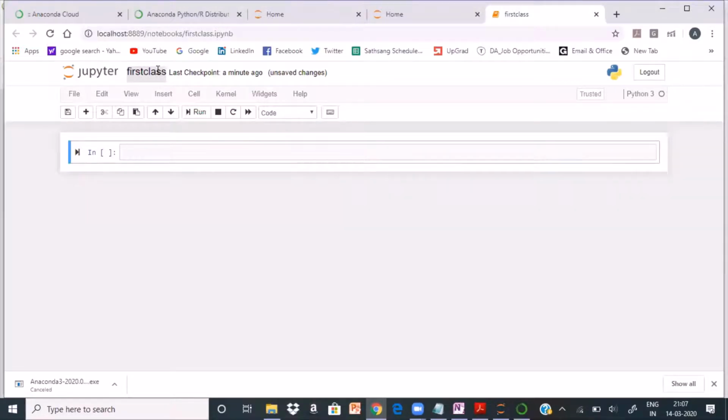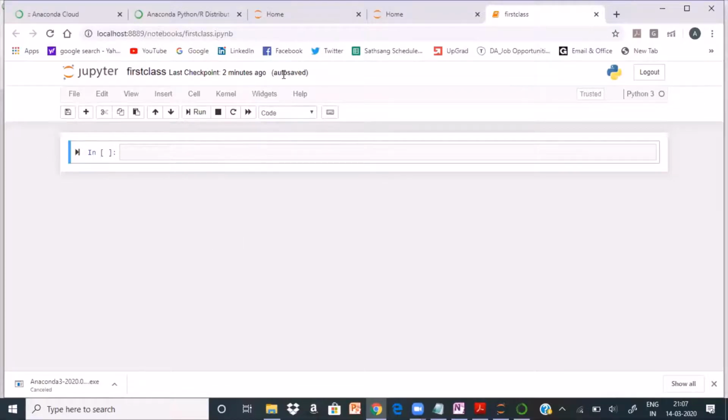Since you are connected to the server, at frequent intervals a checkpoint happens on the server. Whatever command you are entering over here, it automatically saves that information. Please keep checking the status here. Sometimes, for some reason, the server may be down, but you might have written the code over here.